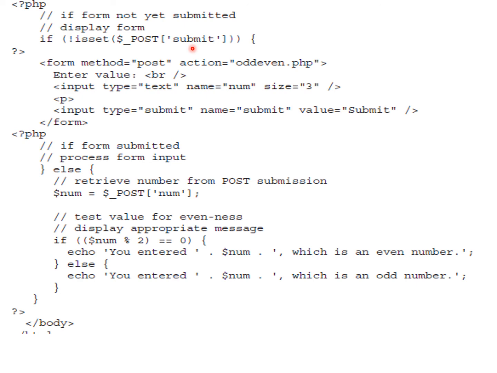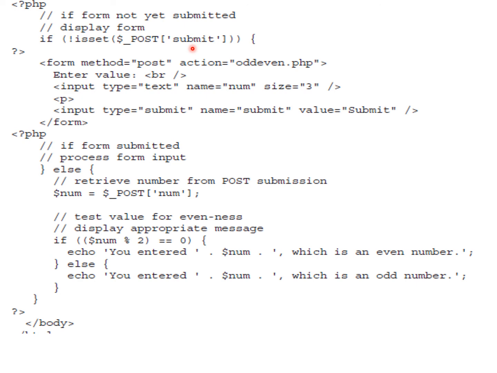If isset has a false value, then the form method is post and the action is oddeven.php. If the submit button is not clicked, the web page has to display the form with method equal to post and action equal to oddeven.php.